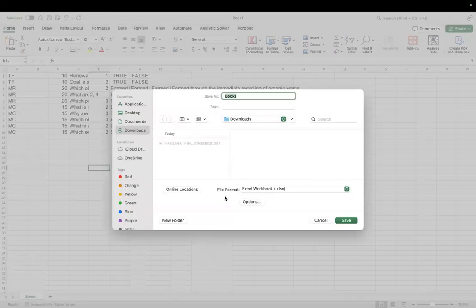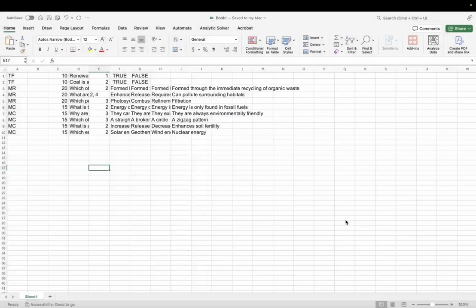You will save it on your computer as an Excel file. Okay, you will save it first. And I suggest you make a folder with all your question banks so you can recall them later if you want to add questions or change point values. This is the best way to do it. But also you